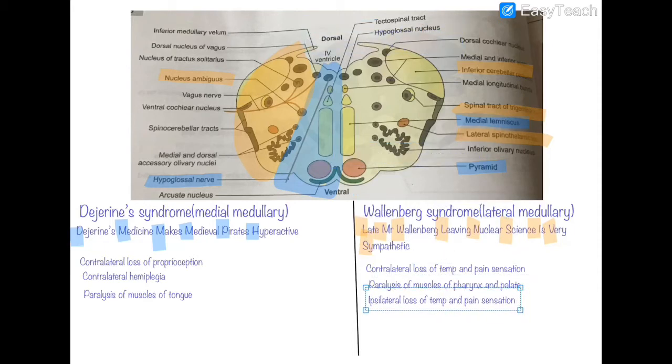If the inferior cerebellar peduncle is affected, there will be ataxia as it is concerned with balance and movements, and if the vestibular nuclei is affected, there will be giddiness due to loss of balance. If the sympathetic fibers are affected, there will be Horner syndrome, which is characterized by ptosis, miosis, enophthalmos and anhidrosis and loss of ciliospinal reflex.